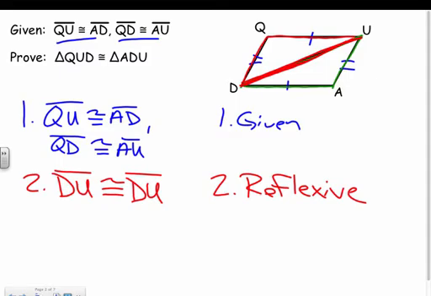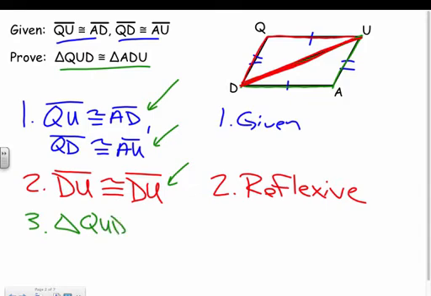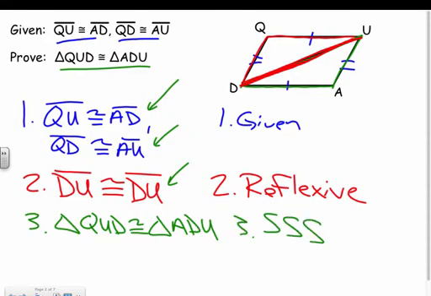So now I have one side congruent to another, the second side congruent to the other, and the 3rd side. So I have all 3 side congruences, so I can state that these triangles are congruent, just like up here. So QUD is congruent to triangle ADU,